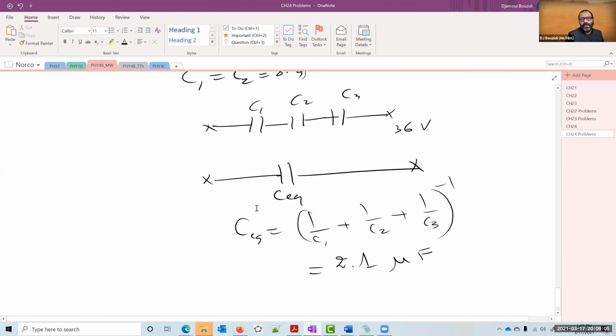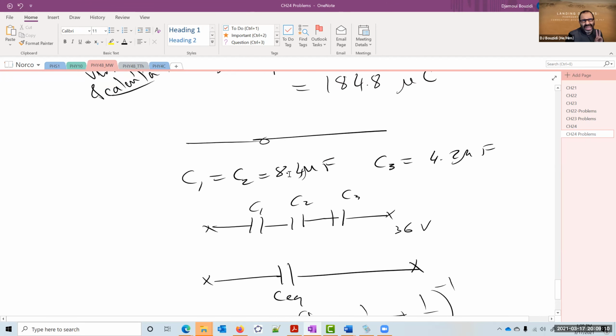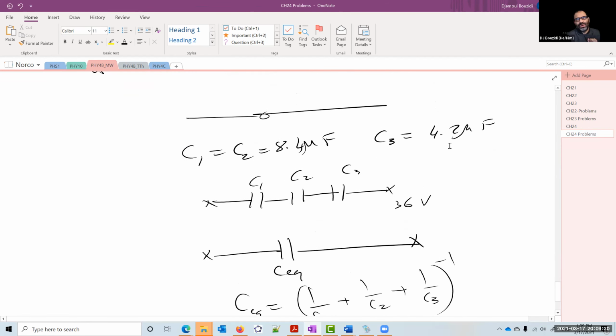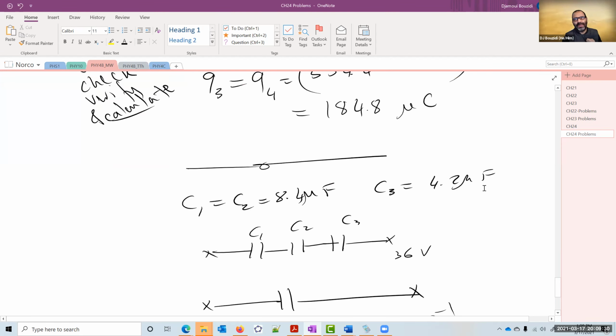This is easy, because I'm assuming that you can do this one because you have 1 over 8.4 twice. So it's going to be 2 over that number, which is 1 over 4.2, which is exactly this number. So now when you plug it everywhere, it's going to be 2 over this number, which is half of that value, which is 2.1. Now you're fully justified to ask yourself, is this value for the C equivalent less than the smallest of them all? And you're right, in this case, because they're in series, it should be, and it is, okay? Because now you only have series configuration, no problem, okay?